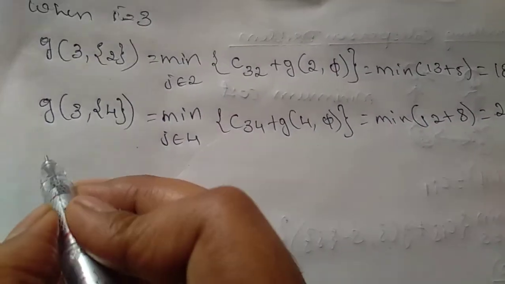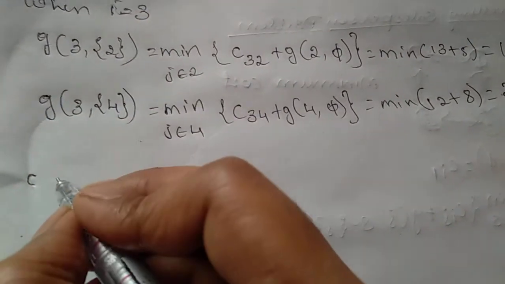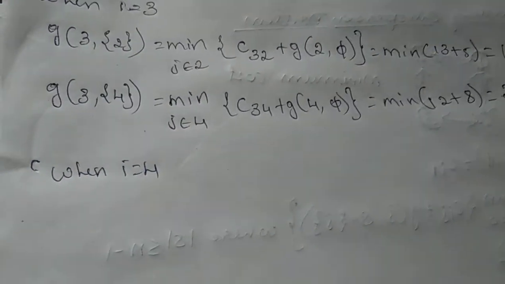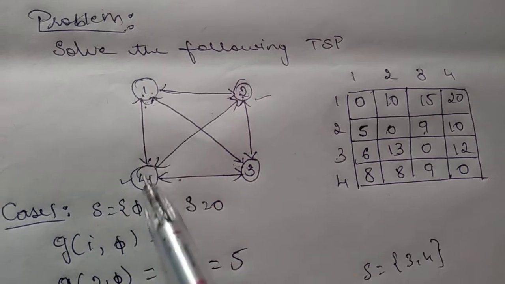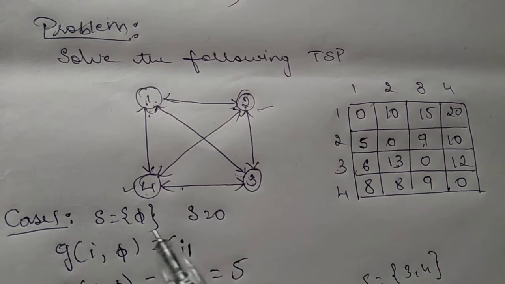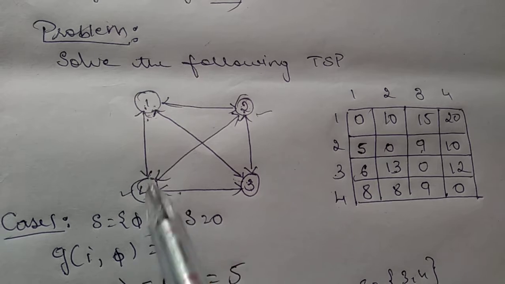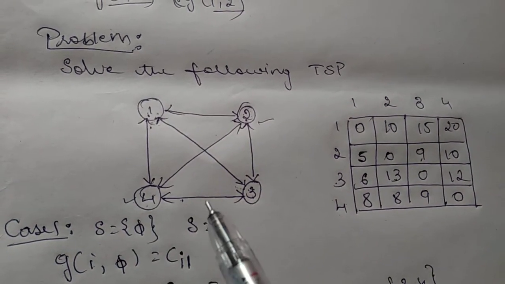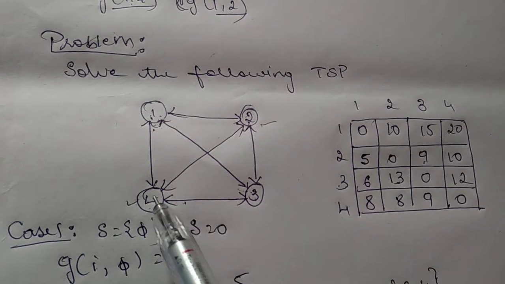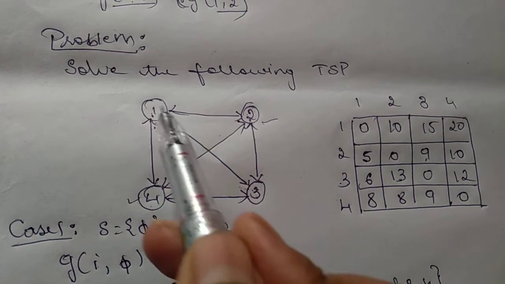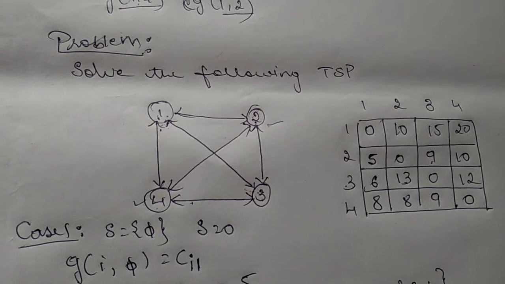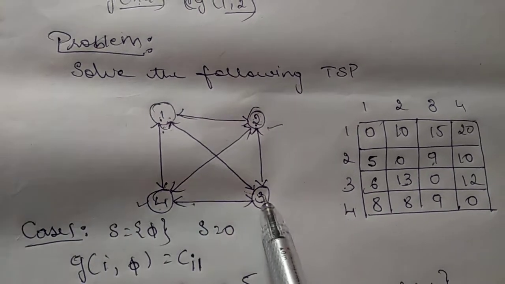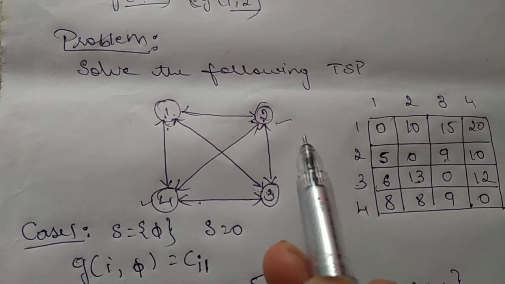Now, what is the next condition? From 1, it is not going to 2 or 3. Directly it is going to 4. See, from 1, directly it can go to 4. It is not going to 2 and 3. From 4 only it will start. 1 to 4, 4 to 3, 3 to 2, 2 to 1. Is it not? Or else 1 to 4, 4 to 2, 2 to 3, 3 to 1. In this way also it can go. So what we have to do, from 4 it can either go to 3 or to 2. You have to calculate for this one.